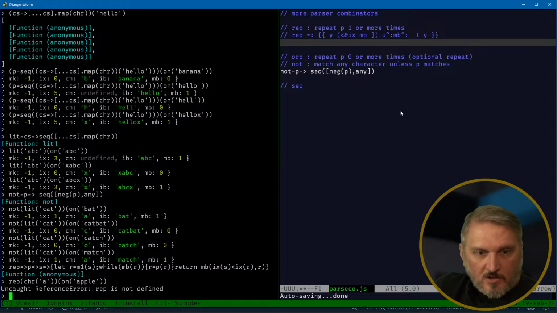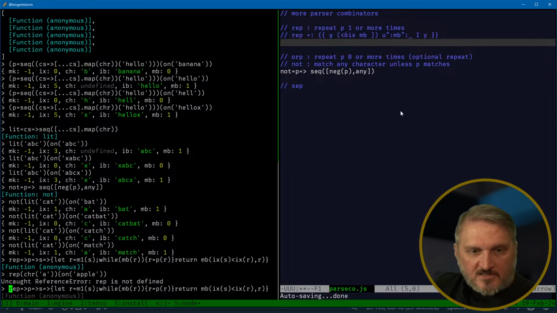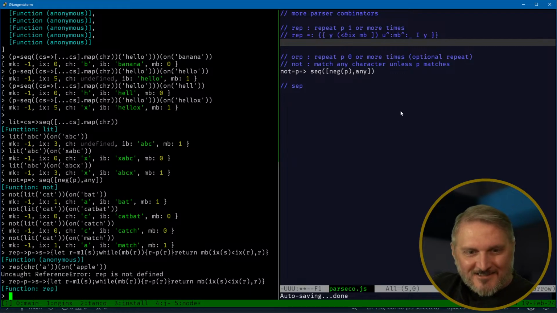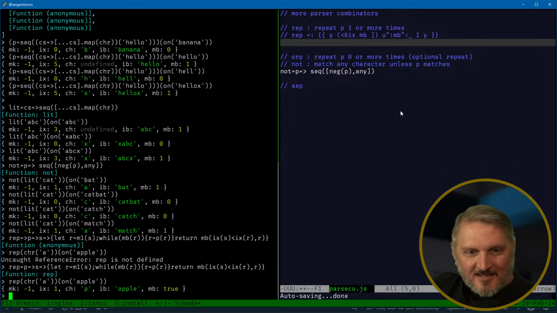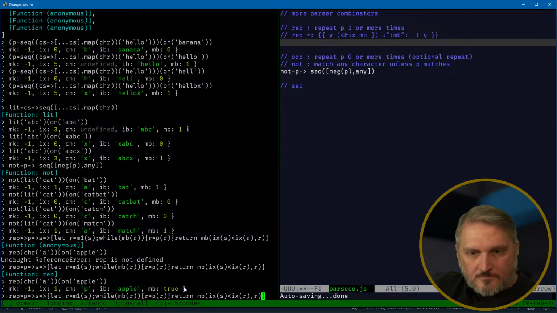Oh, rep is not defined. What? What do you mean it's not defined? Oh, because, okay. Sorry. There we go. Oh yeah, because that should have said function. Okay. Not bad. All right, so it did. Oh, okay. This needs to be